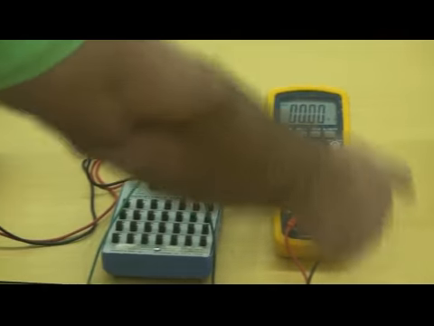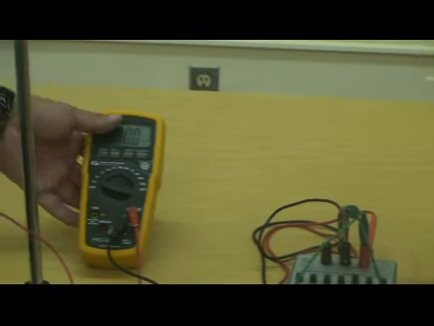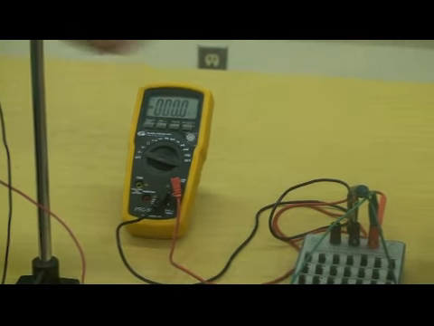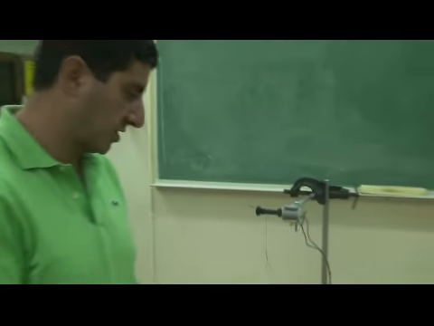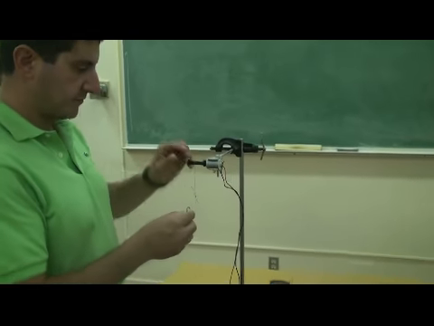Then we have an ammeter in the circuit because we want to measure how much current we're generating. And we have a voltmeter placed across the resistor because we want to measure how much voltage we are getting from the resistor. So if I place a certain amount of weight over here,